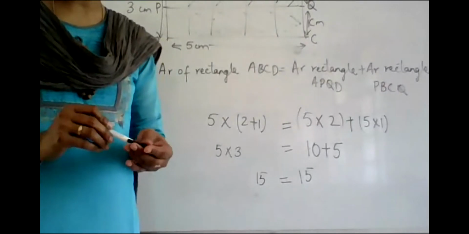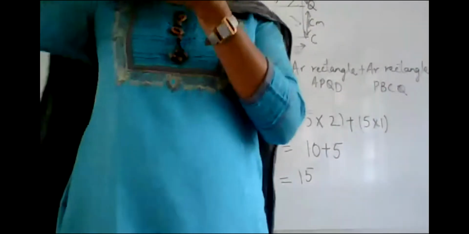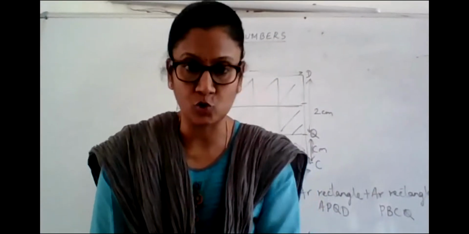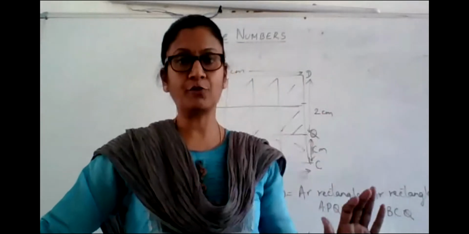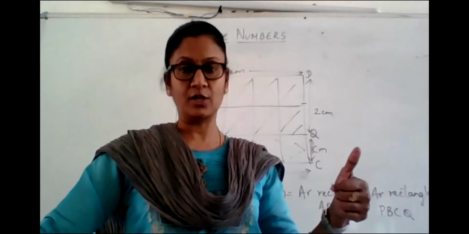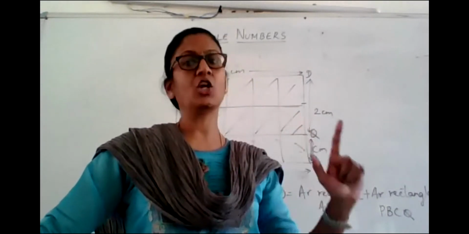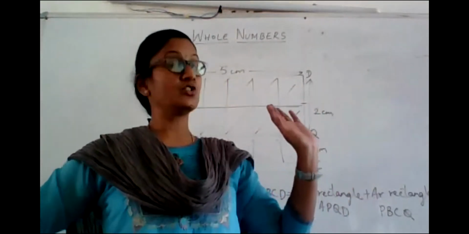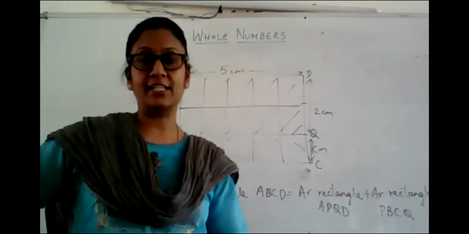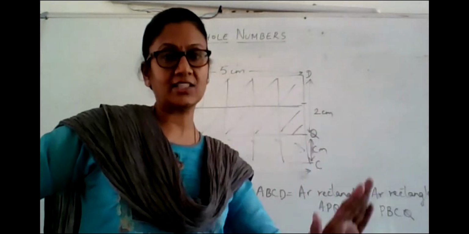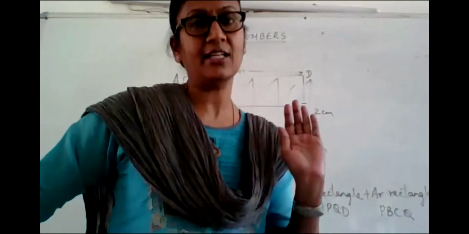Alright. So this activity you will complete and we will meet next week. Those children who have not completed the previous 2 activities will complete those 2 also. So in all, you should have completed 3 activities. First one is on the commutativity of addition of whole numbers. Second one, commutativity of multiplication of whole numbers. And the third one is the distributive property, that is, you are distributing multiplication over addition. So these 3 things you will totally complete in your activity sheets and maintain it in the file.